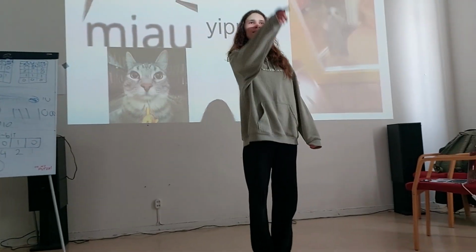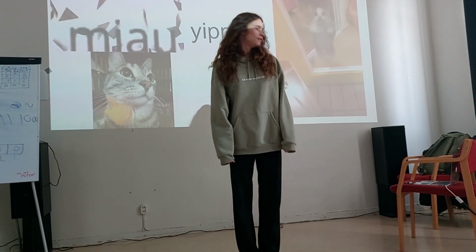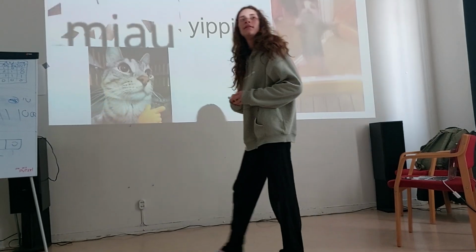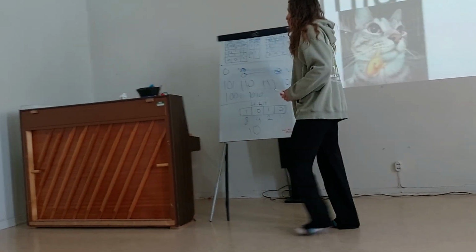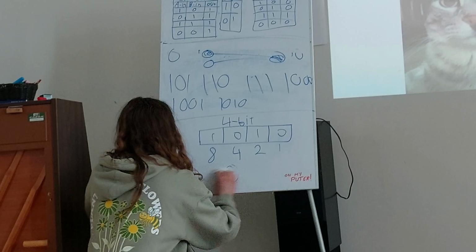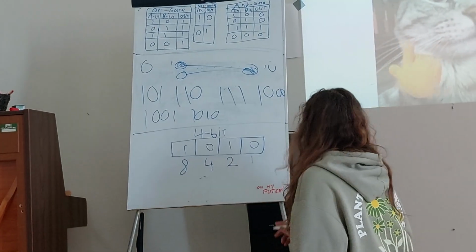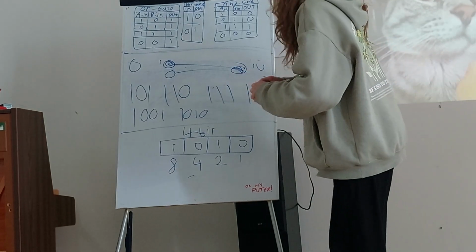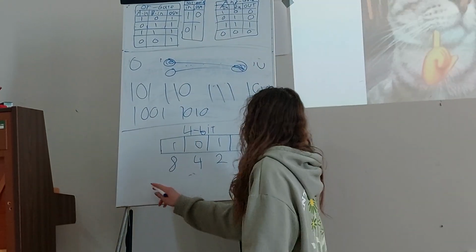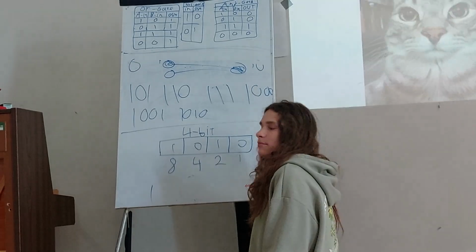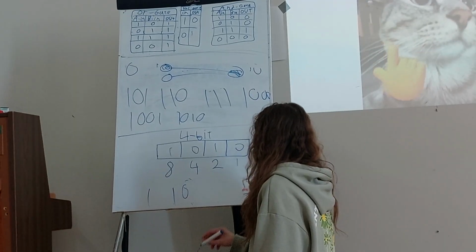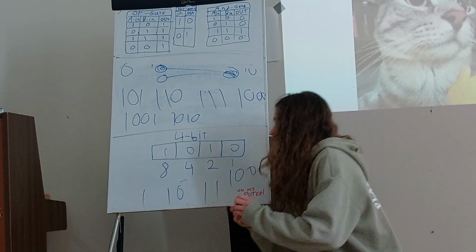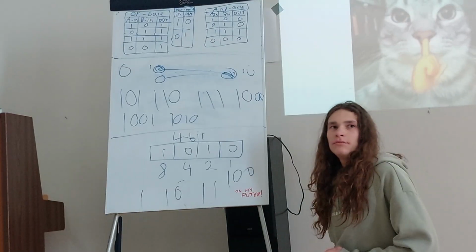Why does it go up by 1, 2, 4, 8? I don't know, why are those the numbers? Because if we try to count in binary, you start with 0. I start with 1, right? And then I go 1, 0, and then 1, 1, and then 1, 0, 0. And to get to,